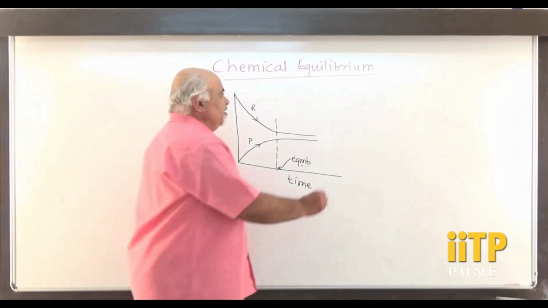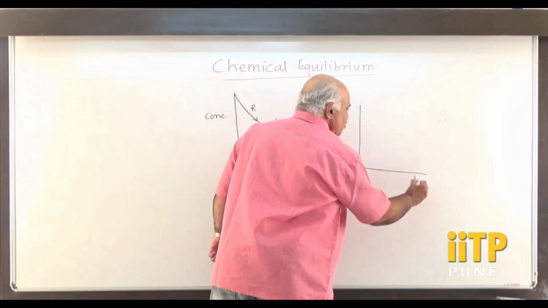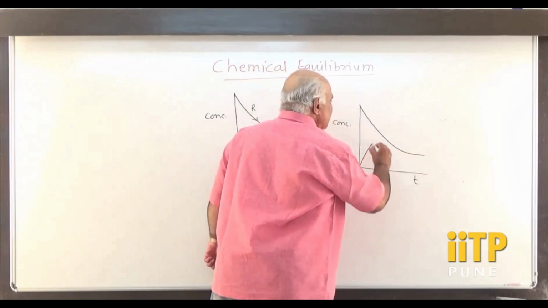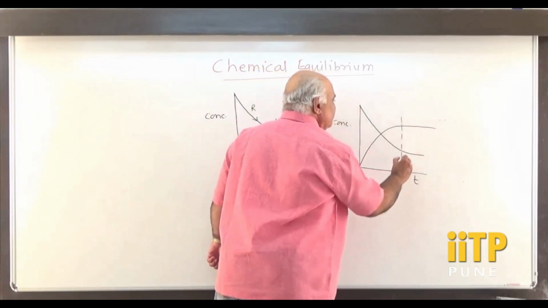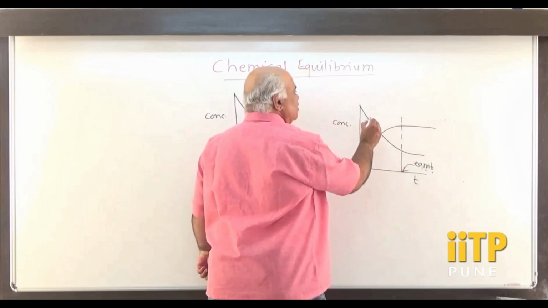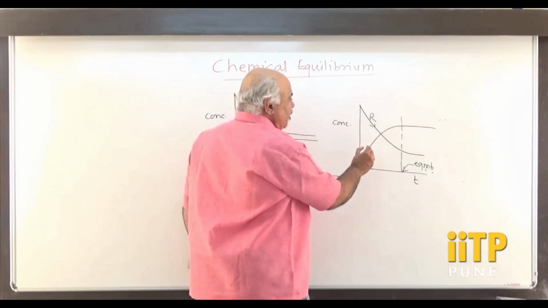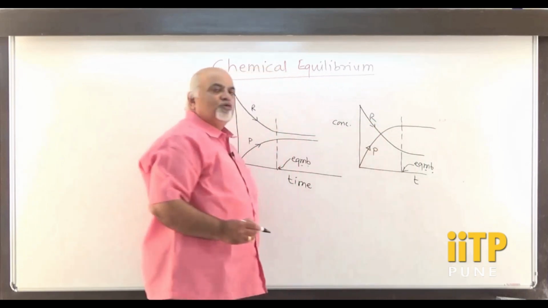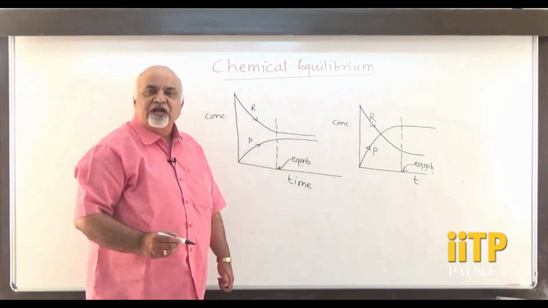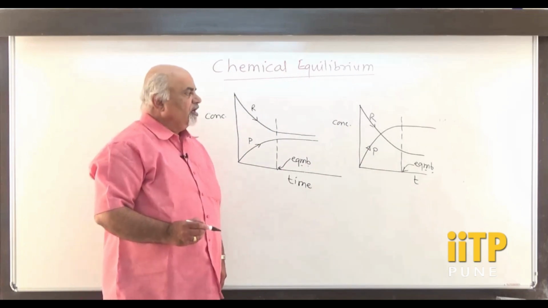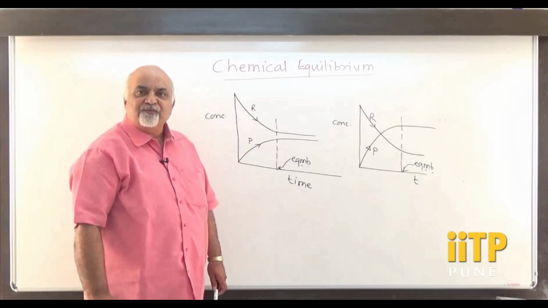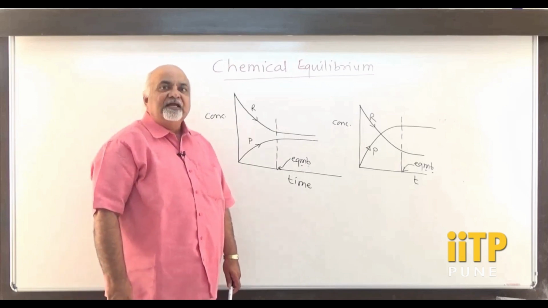So initially there is a kinetic study and then there will be a point called chemical equilibrium for a reversible reaction. It can be this way also, concentration versus time, the concentration of the reactant going down, the concentration of the product stabilizing at one point, and you may say equilibrium is established here for a reversible reaction. This is for the reactant whose concentration is going down, this is for the product whose concentration is increasing, reversibility showing such a kind of condition at one point, and that is what is called equilibrium or a chemical equilibrium, which is a state of balance for the chemical reaction. It is a dynamic equilibrium.